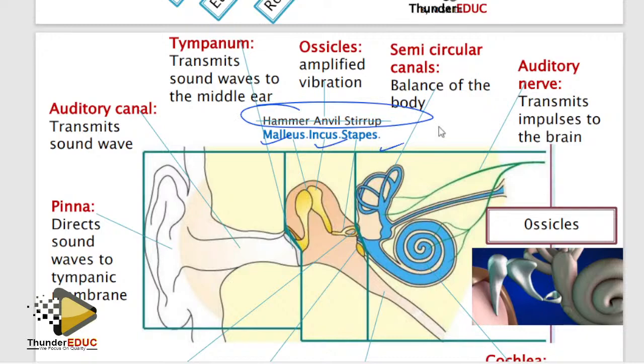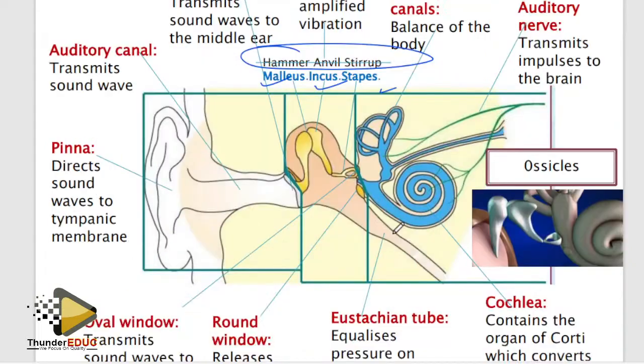So here, guys, know the parts and function. Know the parts and function. But these three functions, make sure that you know them very well. The first one is the round window. The second one is the eustachian tube. The third one is, who can guess the third one? So make sure that you know the round window and the eustachian tube.